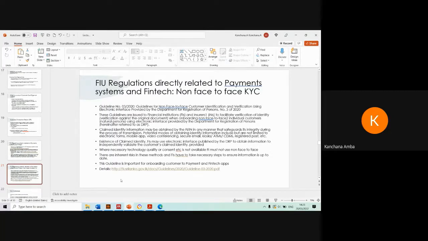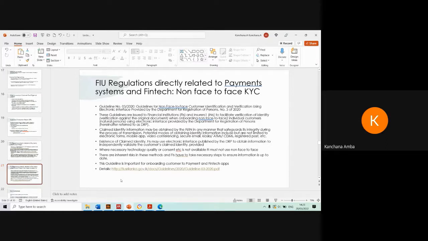We all got together and discussed how we could get this done, because this was a serious problem that the banks were facing in their digital innovations, right? So in 2020, after much discussion with